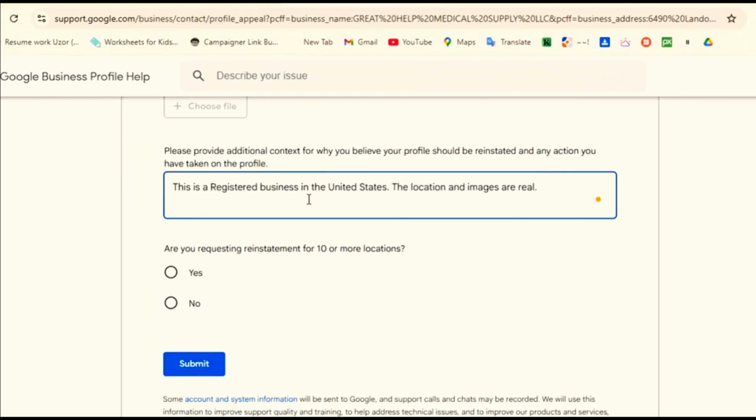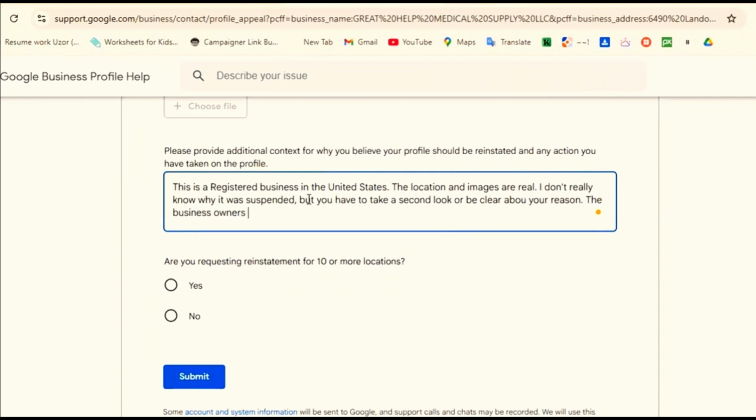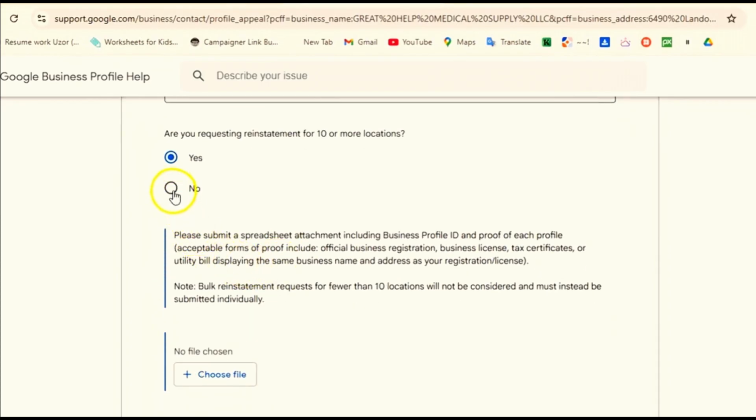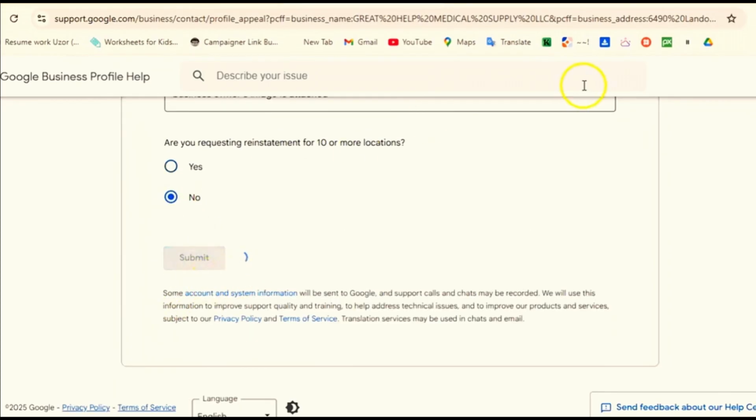And they are asking, are you requesting a reinstatement for 10 or more locations? That's if you have more than one Google My Business account under the same business. So if you know that you are only doing it for one business, just click no. But if you know you are doing it for multiple businesses and multiple locations of your business, like different branches, click yes. Then proceed to click